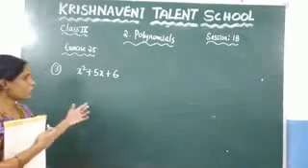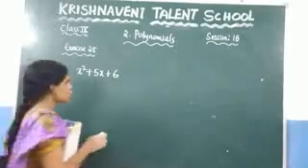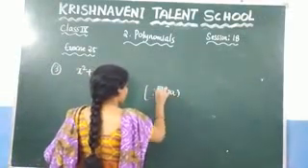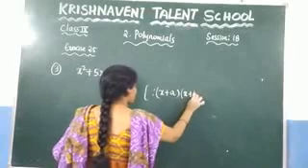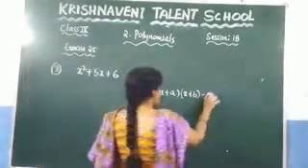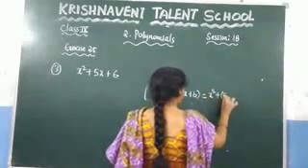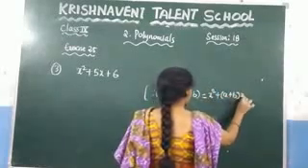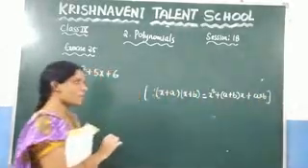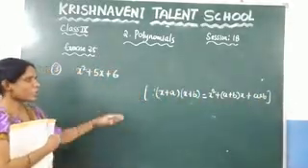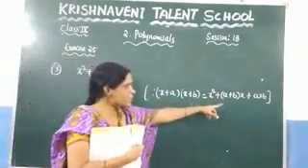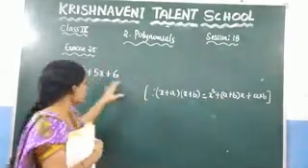What is the remaining identity you can apply here? You know that one identity is there, which is nothing but x plus a into x plus b. Right? What does this identity give you? It gives x square plus a plus b into x plus a into b, which is nothing but ab. This is the identity we have already discussed. So we can apply this identity here. It is in the form of x square plus a plus b into x plus ab. You need to convert this x